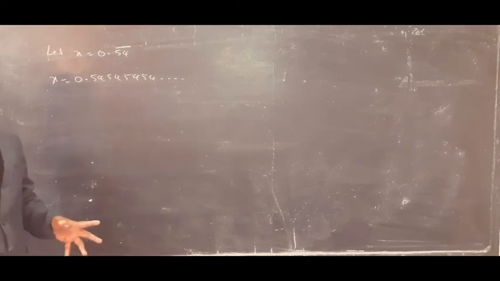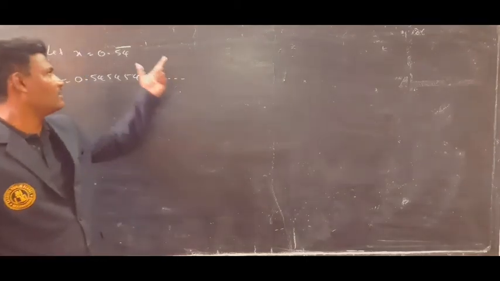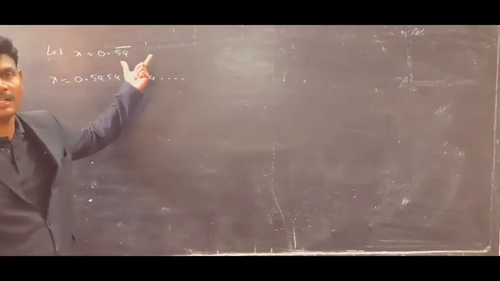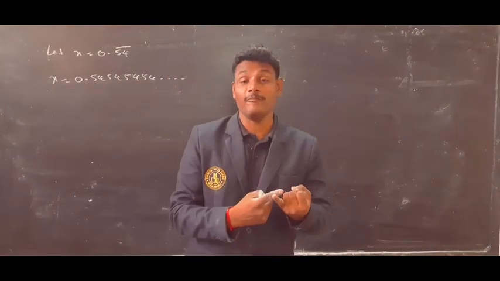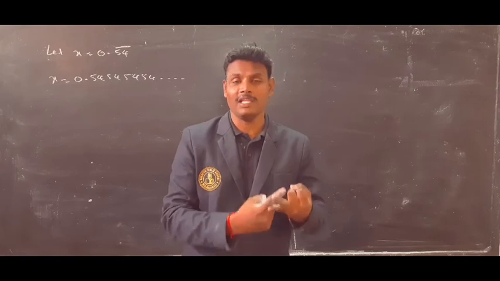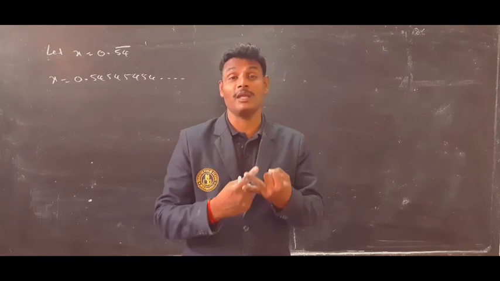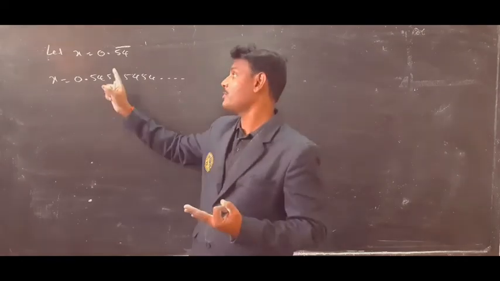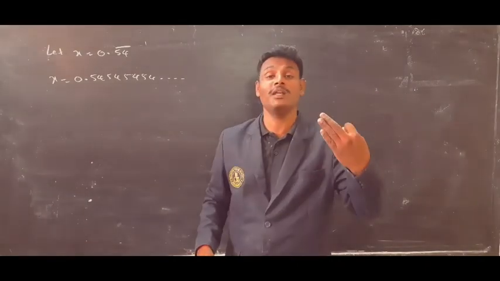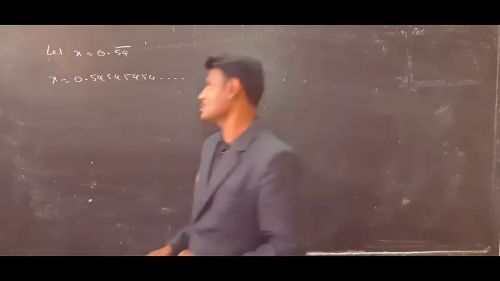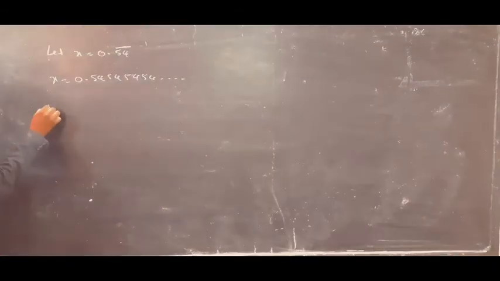Here what is the periodicity? The periodicity of this non-terminating but recurring decimal is 2. If the periodicity is 1, multiply with 10. If the periodicity is 2, multiply with 100. If the periodicity is 3, multiply with 1000. Here the periodicity of the given non-terminating but repeating decimal is 2. So multiply